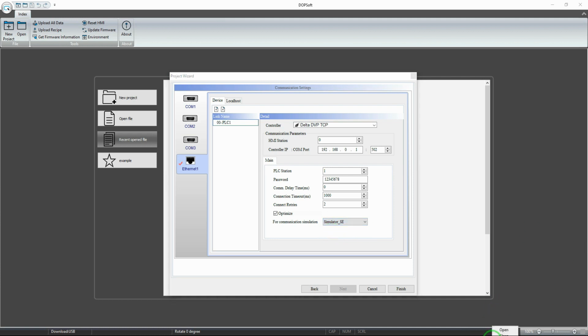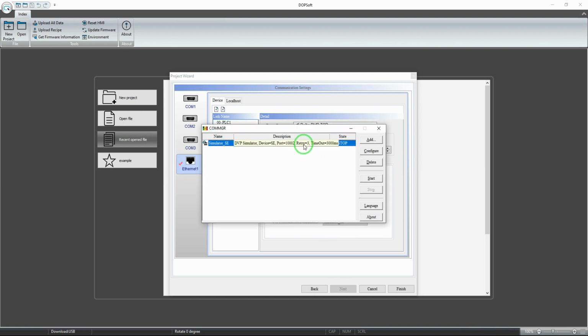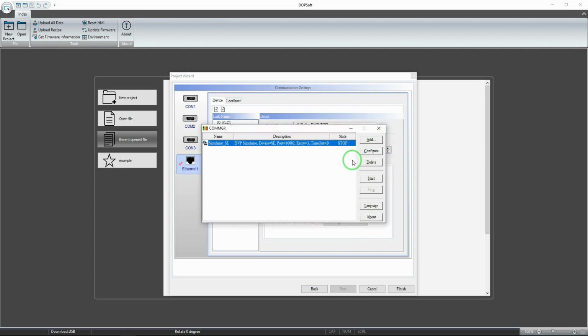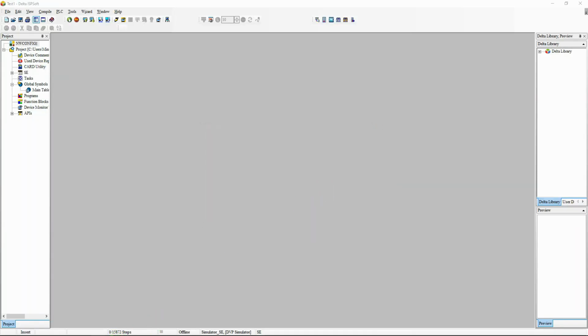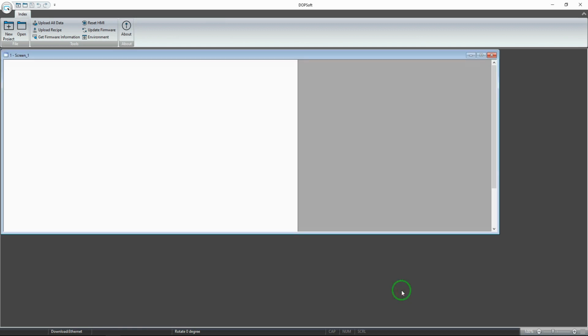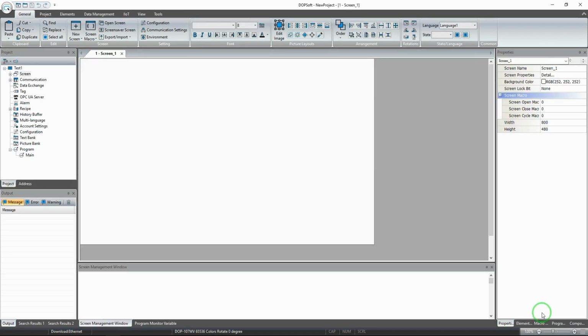And I will use this simulator. This is from our COM manager. Just add a name here, select DVP if you are using this series, for example, and the model name. So first you need to press the start button, close it, and I'm going to select it here, finish. Okay,